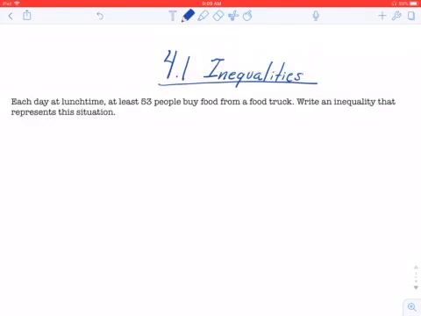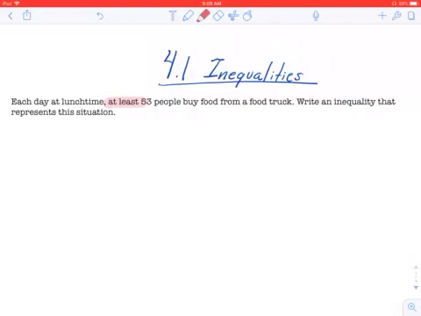It says, each day at lunchtime, at least 53 people buy food from a food truck. Write an inequality that represents the situation. So this is a very short problem. It says each day at lunchtime, at least 53 people buy food from a food truck. But there is some important information in here, such as the fact that at least 53 people buy food from